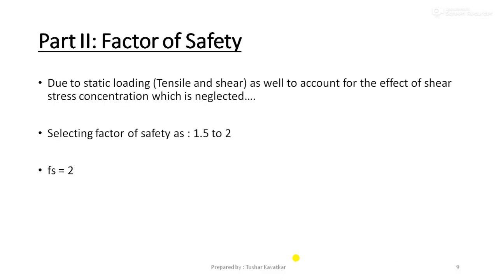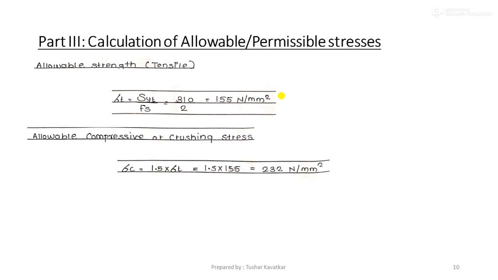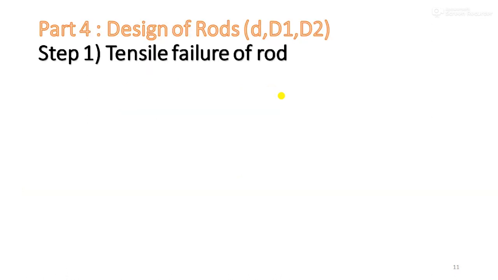Then we decided a factor of safety. We have decided that the factor of safety for static loading will be 1.5, in a range of 1.5 to 2. Then we calculated the design or allowable or permissible stresses, sigma t, sigma c. Basically why we have calculated 3, because this knuckle joint is subjected to all 3 stresses: tensile, compressive, that is crushing stress, not compressive, you can accurately call it a crushing stress, or you can also call it a localized compressive stress, acting at a specific area only. And then the allowable shear stress based on the maximum shear stress theory.